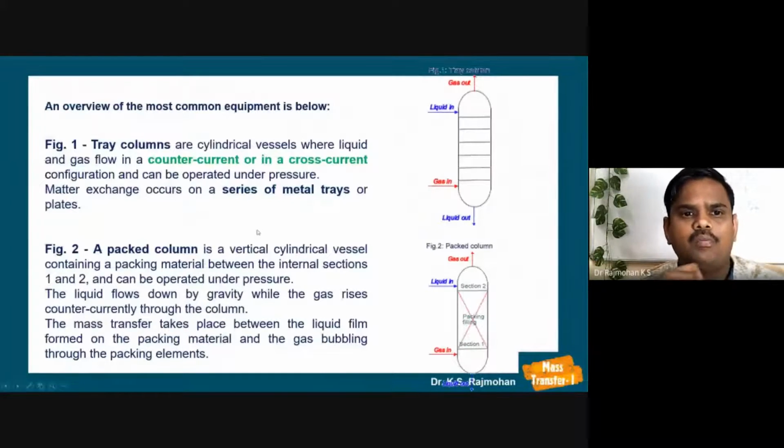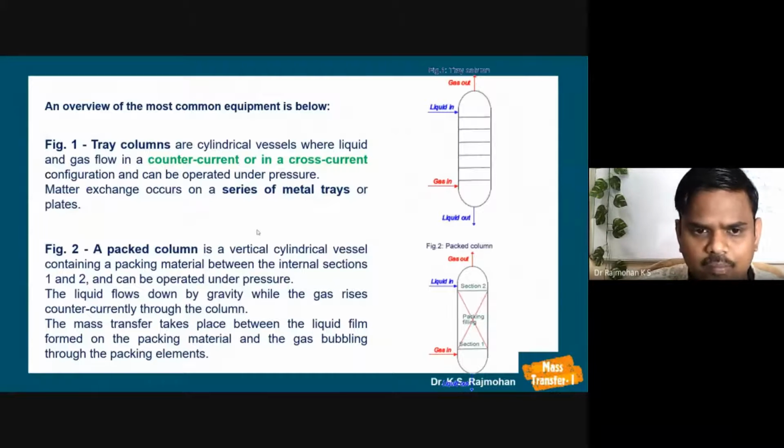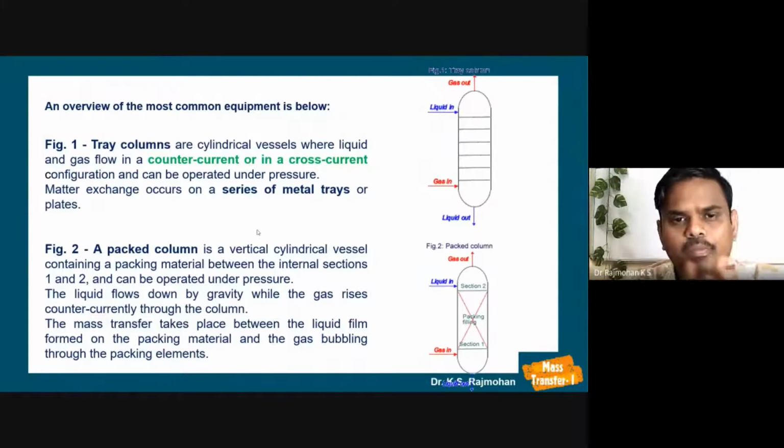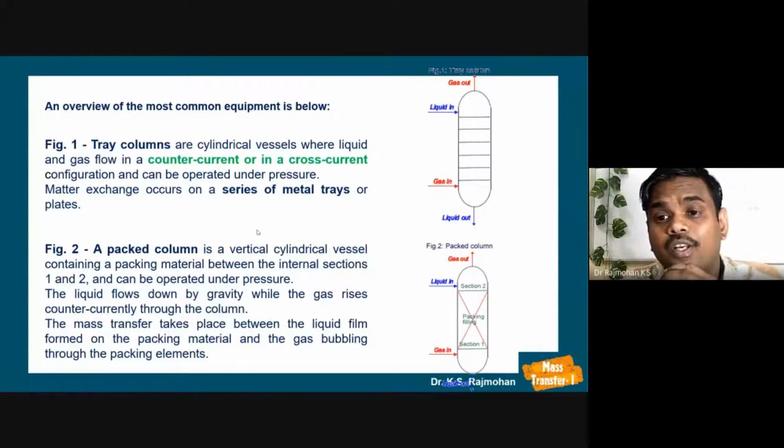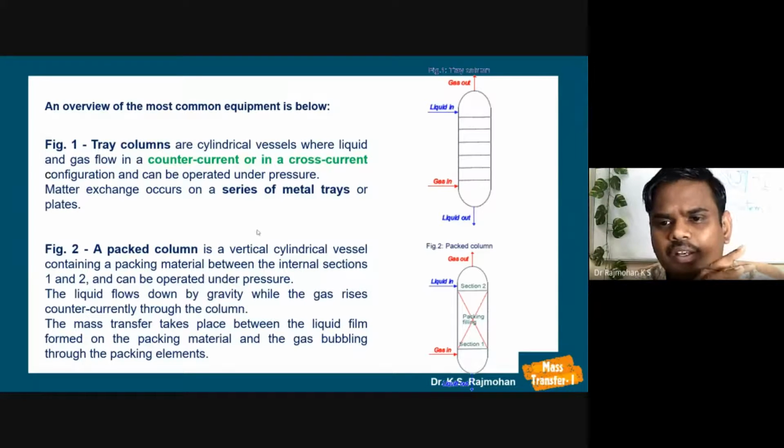If you look at the most common equipment that is available for us, one is the tray column. What is a tray column? We have different plates. So actually this is going to be a long column, something like 10 meters in height. Long towers, essentially cylindrical in shape, in which we have different plates placed with a gap of at least 2 feet, 60 centimeters or